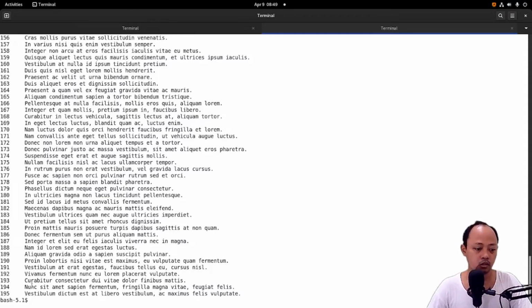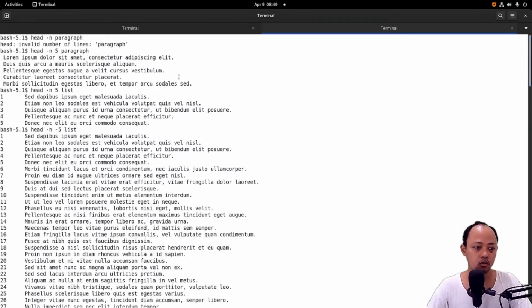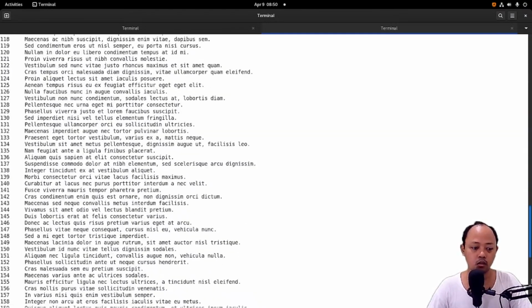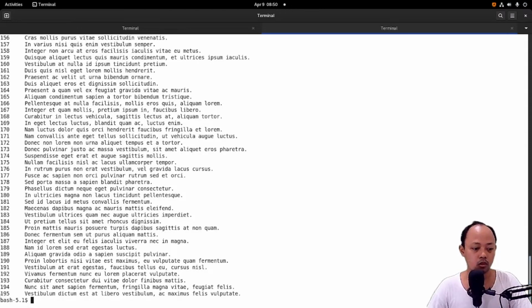You can see that the head command with the -n -5 option will print from line 1 until line 195. In fact, we have 200 lines.